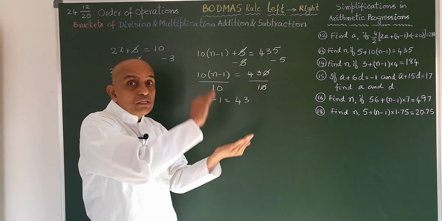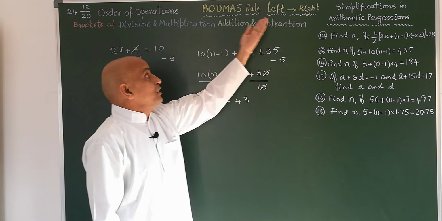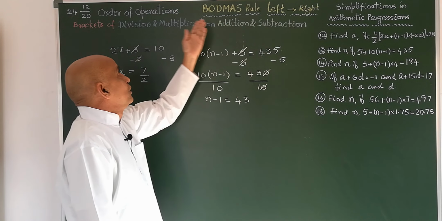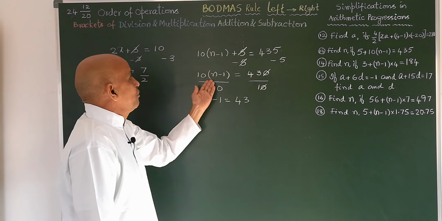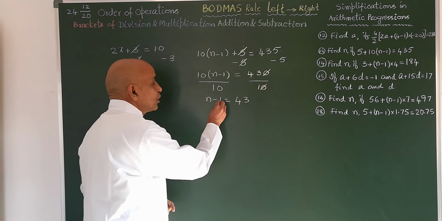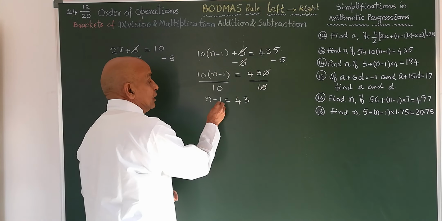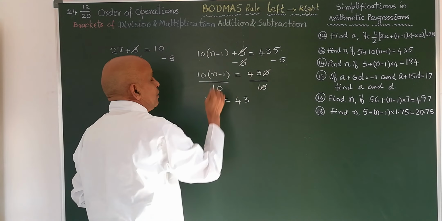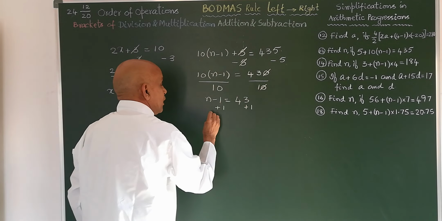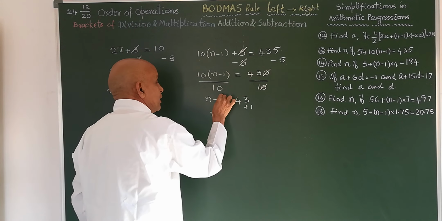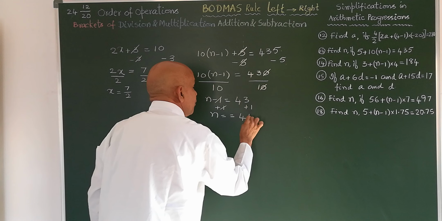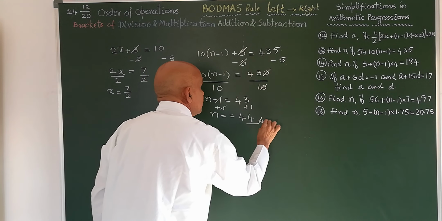Now we are undoing the operations, so that means we are coming in the reverse direction. So addition is there, first we have addressed this problem, then multiplication is there, that we have addressed, then lastly comes bracket, that is n minus 1. Now here minus, so the same principle we will follow, we add 1 on both sides. So this becomes n is equal to this minus 1 plus 1 gets cancelled, 43 plus 1 is 44. So this is the answer.